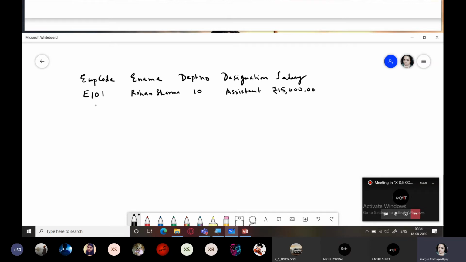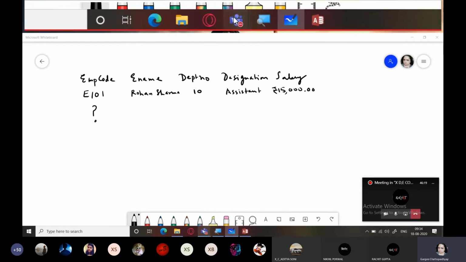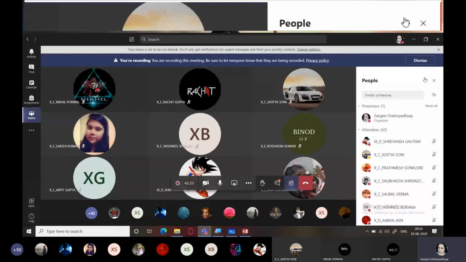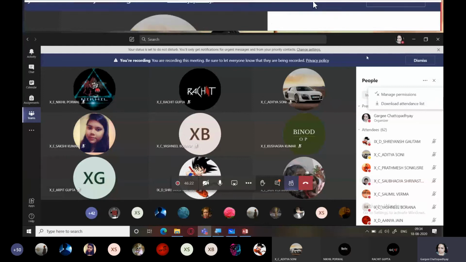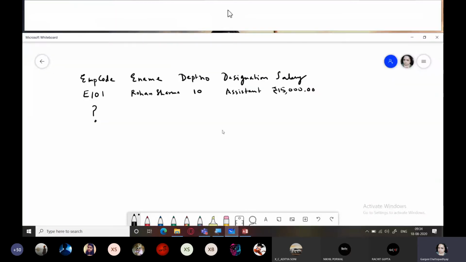What should be the data type of employee code? Till then I'll take the attendance. Yes, students. What should be the data type for this employee code? E102, short E102. I'm asking data type.